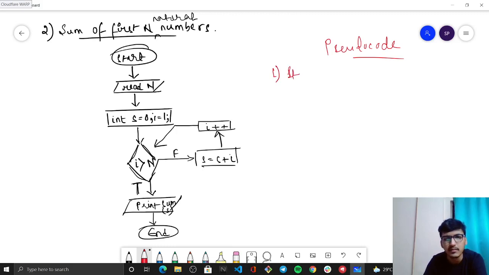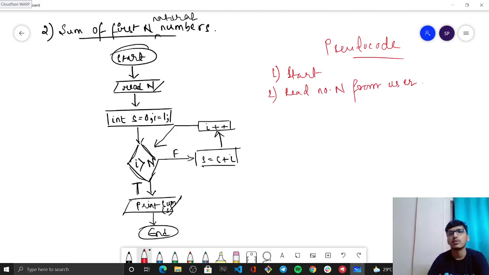Number 1 will be start. Let us assume. Second will be read number n from user. I am not writing that bracket wala portion here so that you don't get confused. Emphasizing majorly on the text portion here. Read a number n from user. अब हम यहाँ पे number n लेंगे user से. Next thing that we have to write is we have to